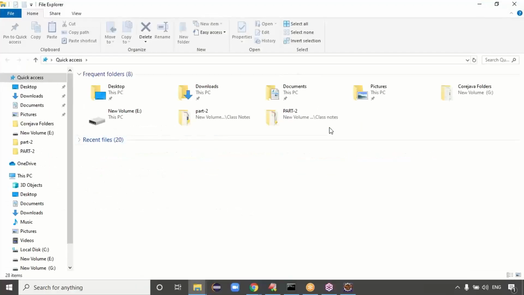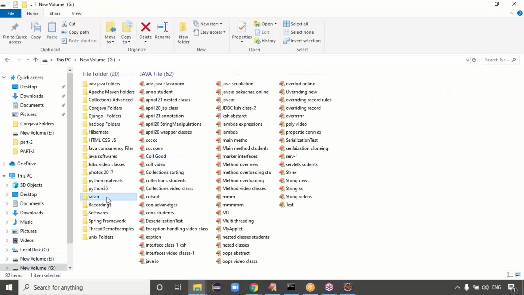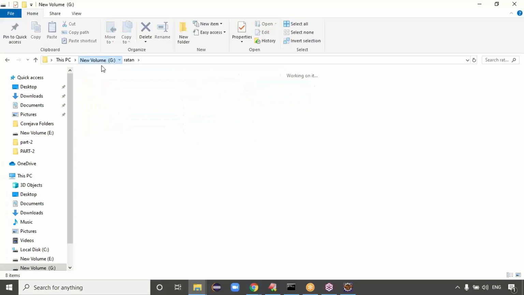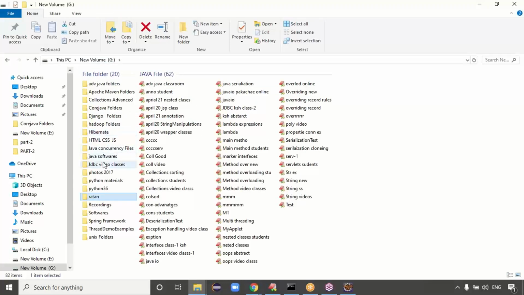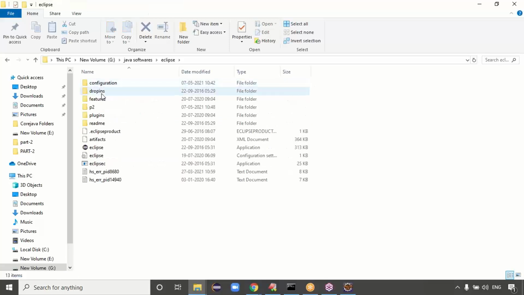yeah, let me show how it looks. Here we have the Java software somewhere. This is the Eclipse Oxygen, guys. This file is downloaded. Once you extract this zip file, you get the Eclipse folder like this. Once you open this Eclipse folder, here we have the Eclipse symbol, guys. I'm making this symbol a start menu shortcut.